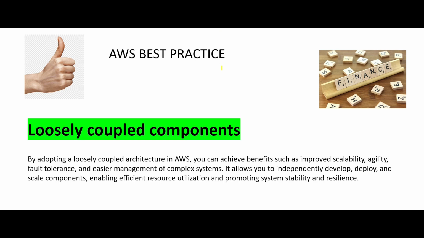So AWS best practice always suggests using loosely coupled components. That means even if one component fails, your system will not go down. Suppose you have 5 EC2 instances, S3, and a database. If the database goes down, your application goes down, right? But you should build it such that if the database goes down, some other database is always there to pick up that task. That way your loosely coupled components ensure that the failure is not drastic.